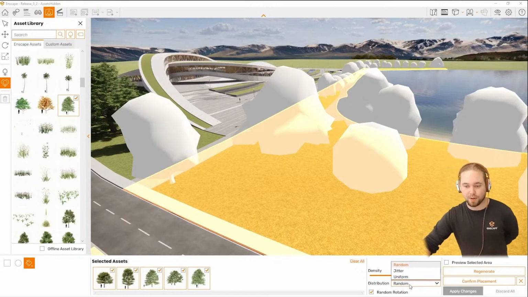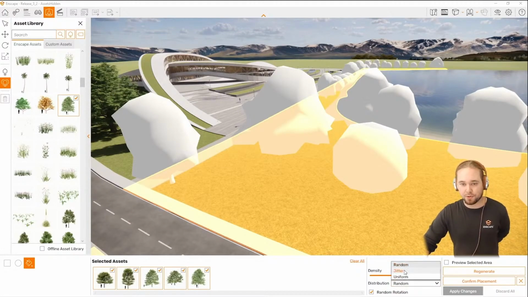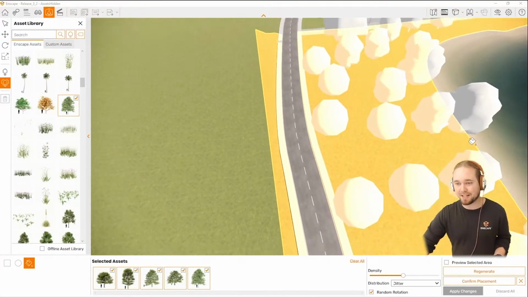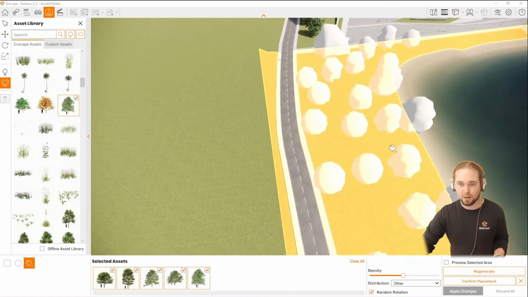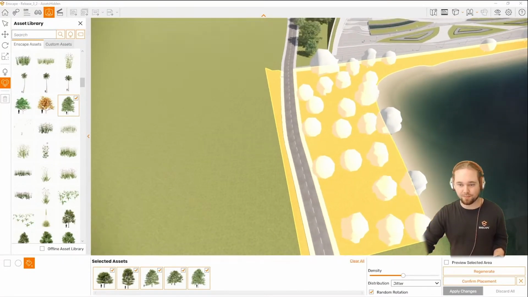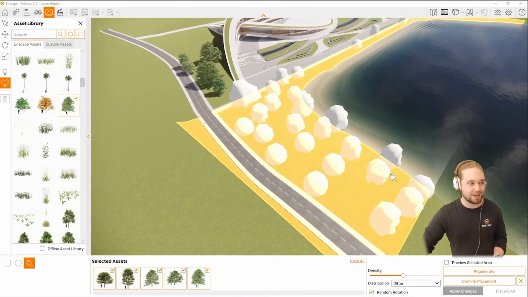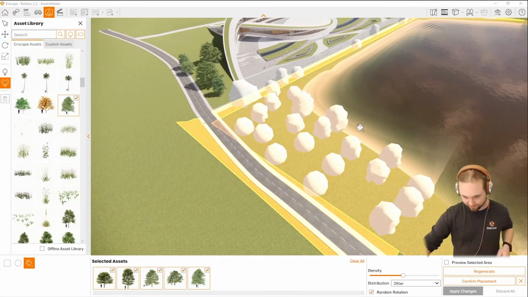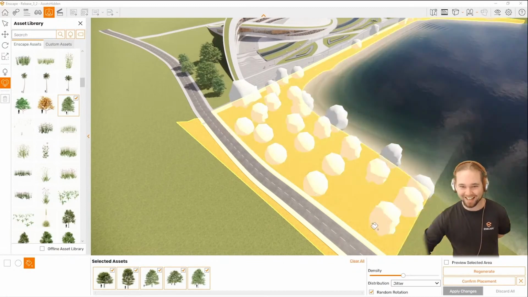I didn't mention that before, but you can choose to have them completely randomly scattered. You can choose jitter, which is probably hard to tell with these trees, but it is placing them on a grid with a slight offset. So it's close to random, but there is some method behind it, some method to the madness, so to say. Now, that's going to save me a lot of time, because I don't have to individually go rotate them to get a randomized look.